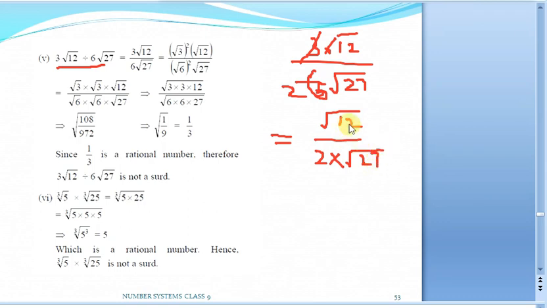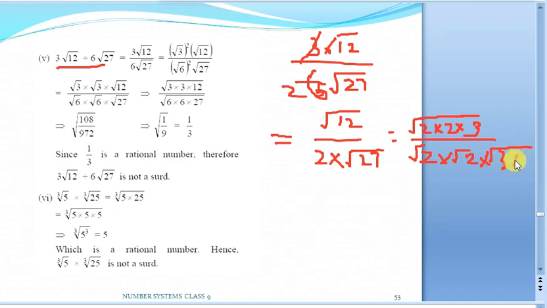Okay. Now this 12, if you prime factorize it, the square root of 12 means what? Can I write it as 2 into 2 is 4, 4 into 3. I am taking the simplest form, so it will be 3 inside the square root only. Now this will be, why? Because can I write this 2 as root 2 into root 2? No problem, because I am taking everything into square roots only. Now this root 27, root 27 means what? 3 into 3, 9, 9 into 3. So can I write it as root over 3 into 3 into 3.